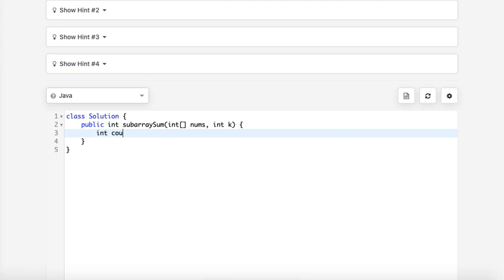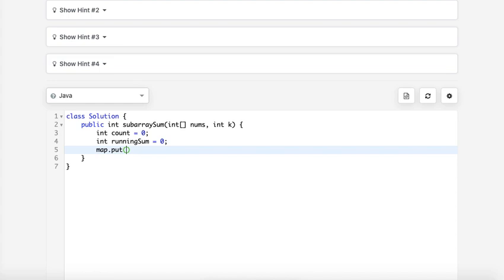So first I'll have a variable count set to 0, which will be the result. And also I'll have a running sum. This is 0 initially, and I'll put 0 also to this running sum, the initial one, and then I'll go throughout the array.